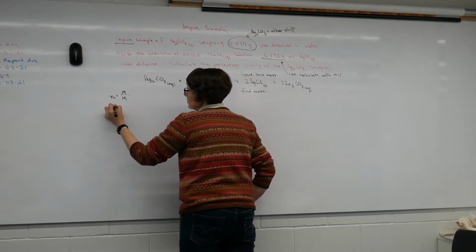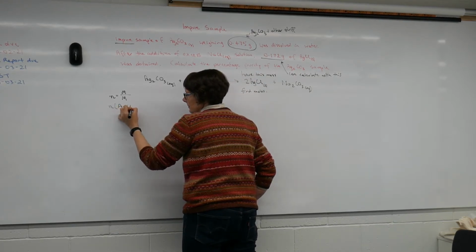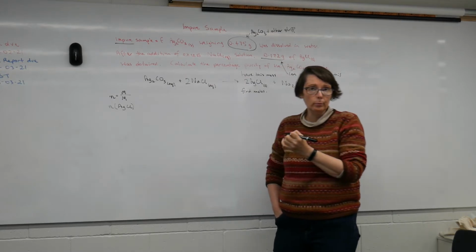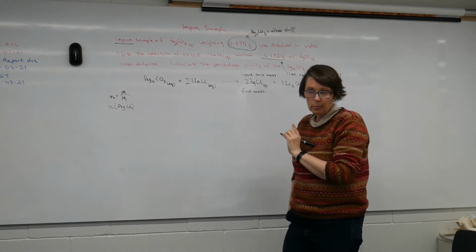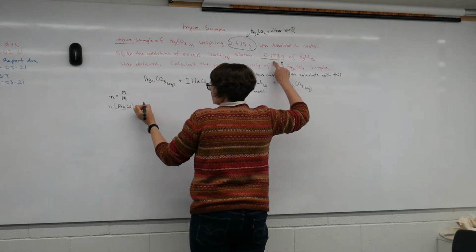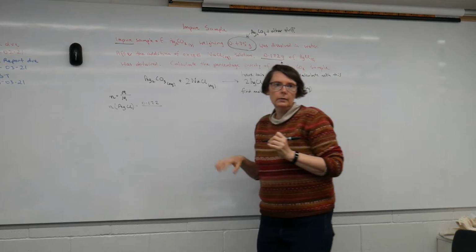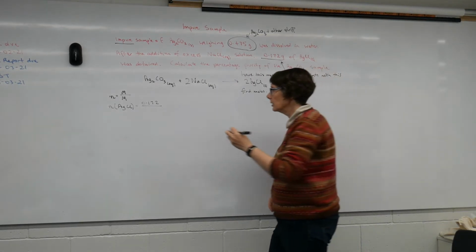And so my moles of silver chloride, the product, the only one that I have the pure sample mass for, is then equal to 0.172 divided by the molar mass. So that's going to be